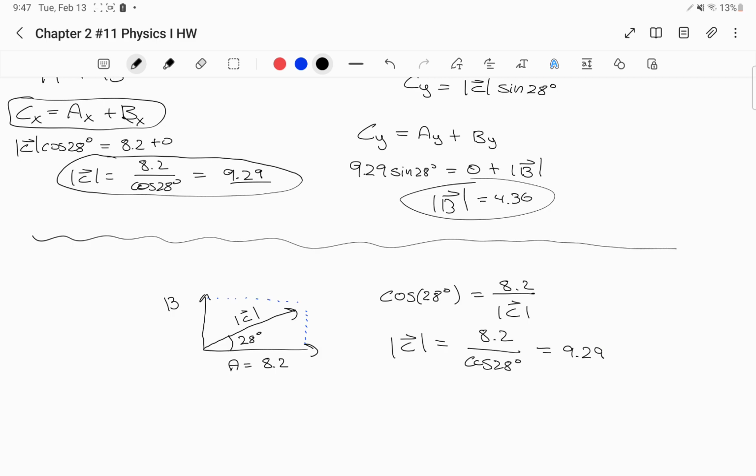Now to find B, which is this blue line right here, we could use the tangent relationship, having tangent of 28 degrees is equal to the magnitude of B. Remember that tangent is adjacent over opposite. I'm sorry, tangent is opposite over adjacent. So tangent of 28 degrees is going to equal opposite all over A, which is 8.2. So doing the math and putting that into your calculator, 8.2 times tangent of 28 degrees, you should get